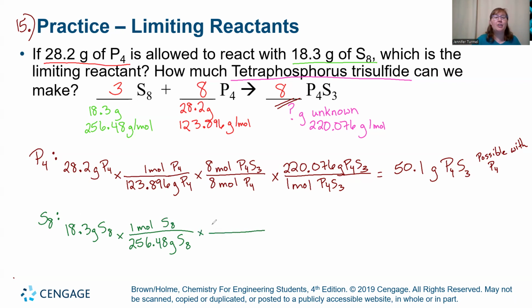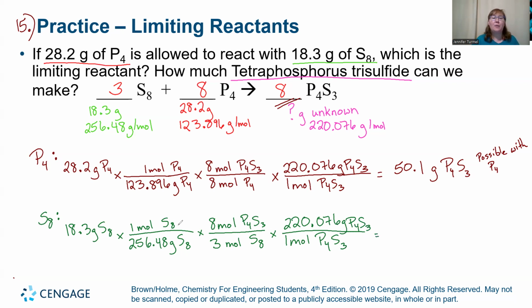And now we need a mole ratio, and that's 3 moles of S8 to 8 moles of P4S3. And this last piece is exactly the same because it's always going to be the molar mass of our unknown. The molar mass of our P4S3, our unknown here, is 220.076 grams of P4S3. And 18.3 times 8 times 220.076 divided by 256.48 divided by 3 gives us